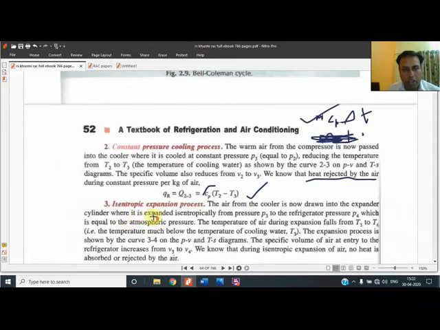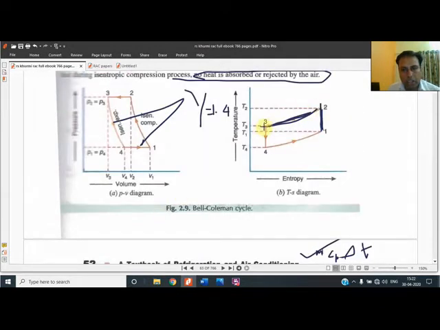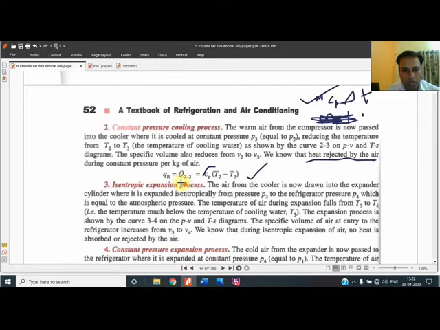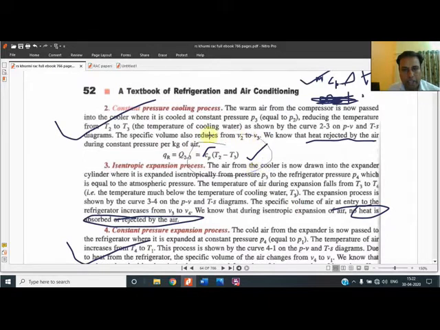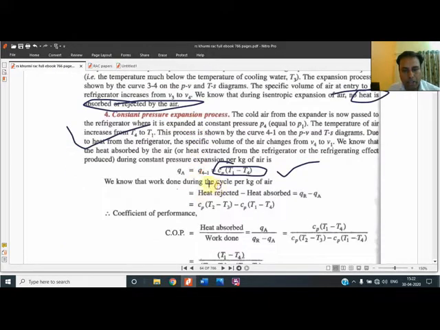Again, after this process, there is again an isentropic process, so again they have written that no heat is absorbed or rejected. So the second process and the fourth process they have used for heat rejection and heat addition. Now what they have done is take the heat rejected minus the heat absorbed from the system as a measurement of work done. So work done will be the denominator, and we know that COP is defined as the desirable